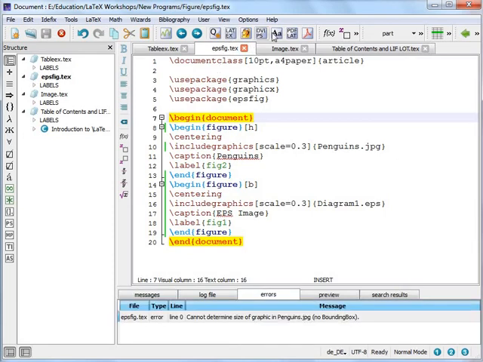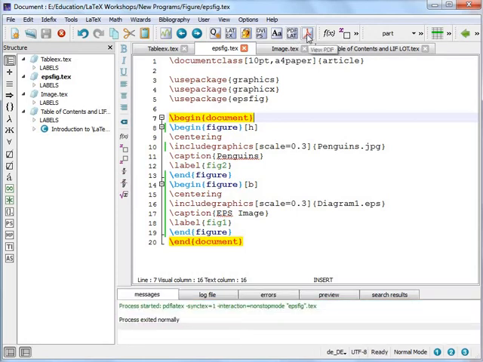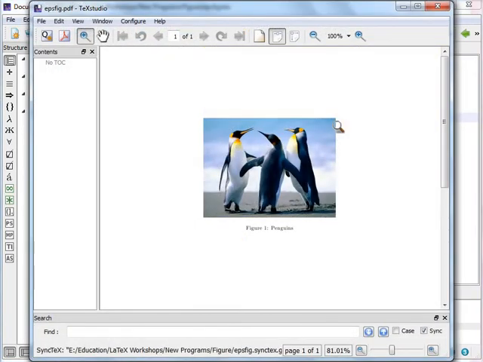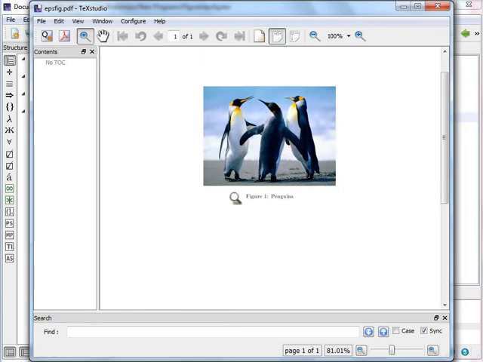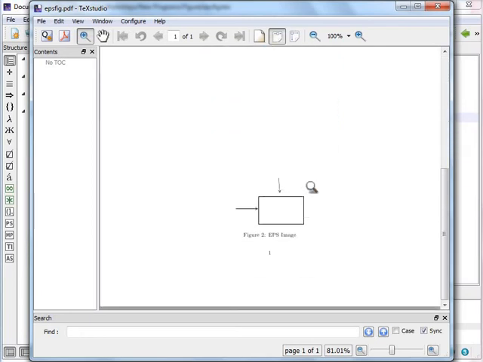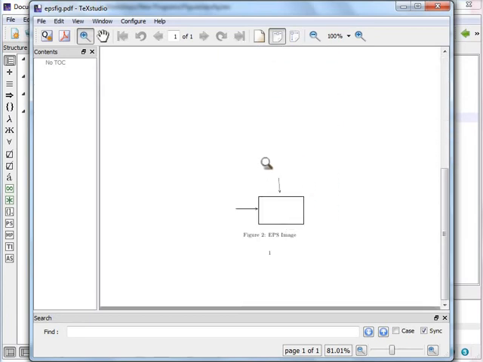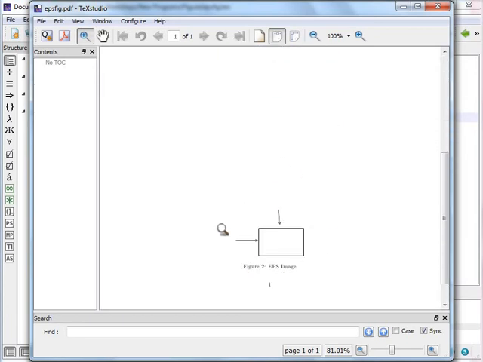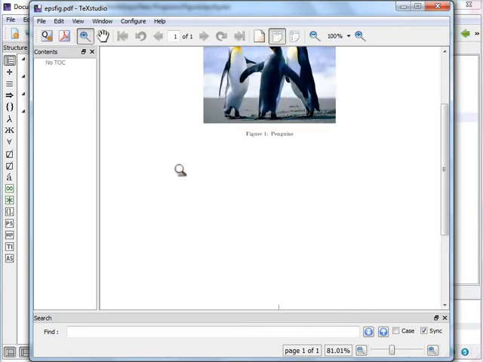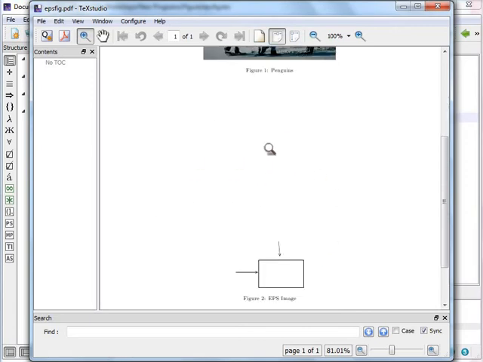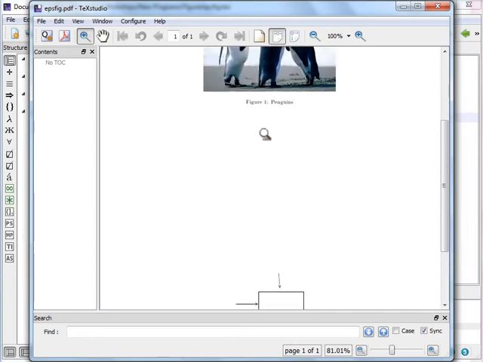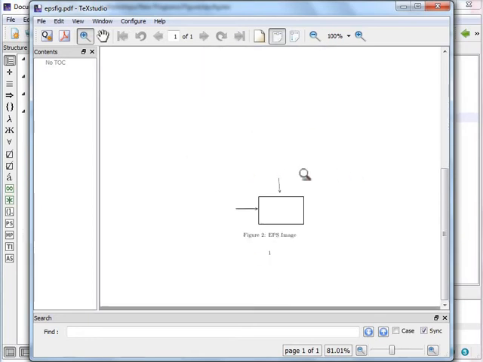So when we execute this command, it is executing successfully, and you can see that the output has appeared over here. The first image that we used is the image of the penguins, which is labeled as figure 1, and this figure 1 is appearing automatically as this is the first figure environment. And you can see that this is placed at that particular location which was the start of the page, and as we used bottom B, the image is placed at the bottom of the page, whereas the place in between is kept empty, right? There is no text and nothing is added in between.